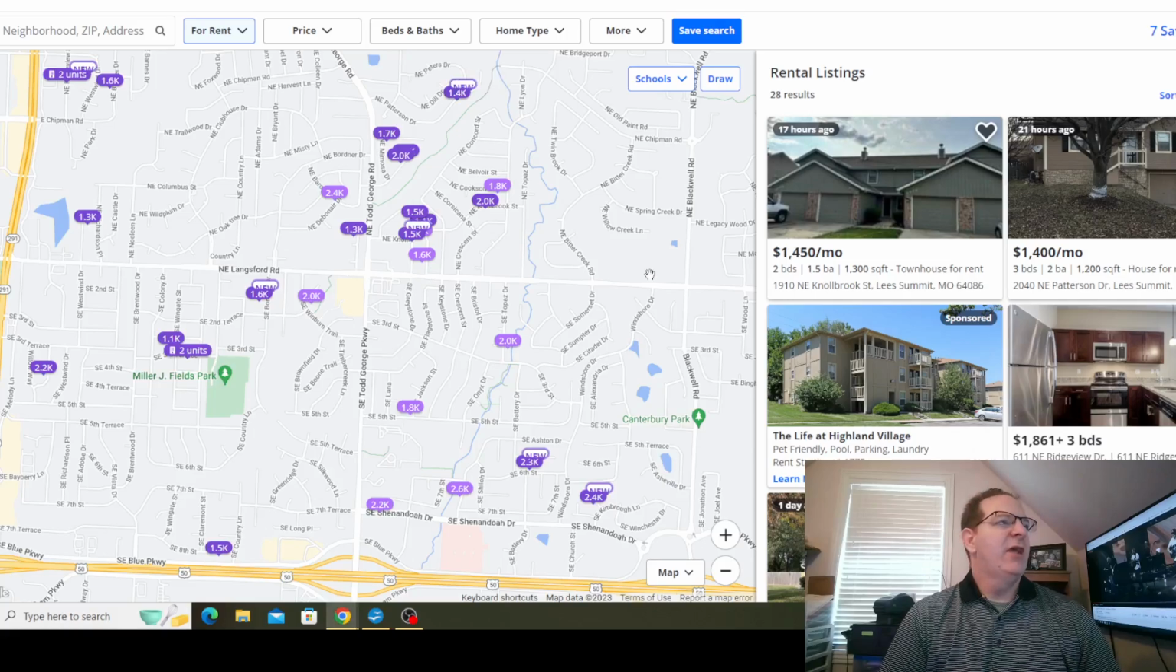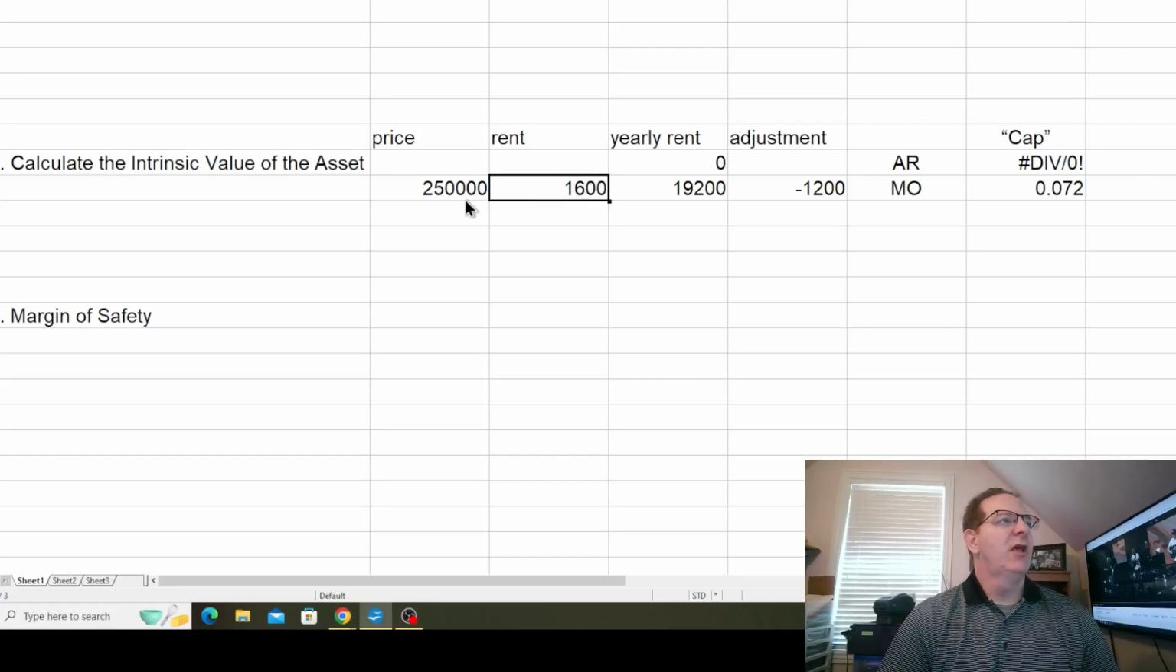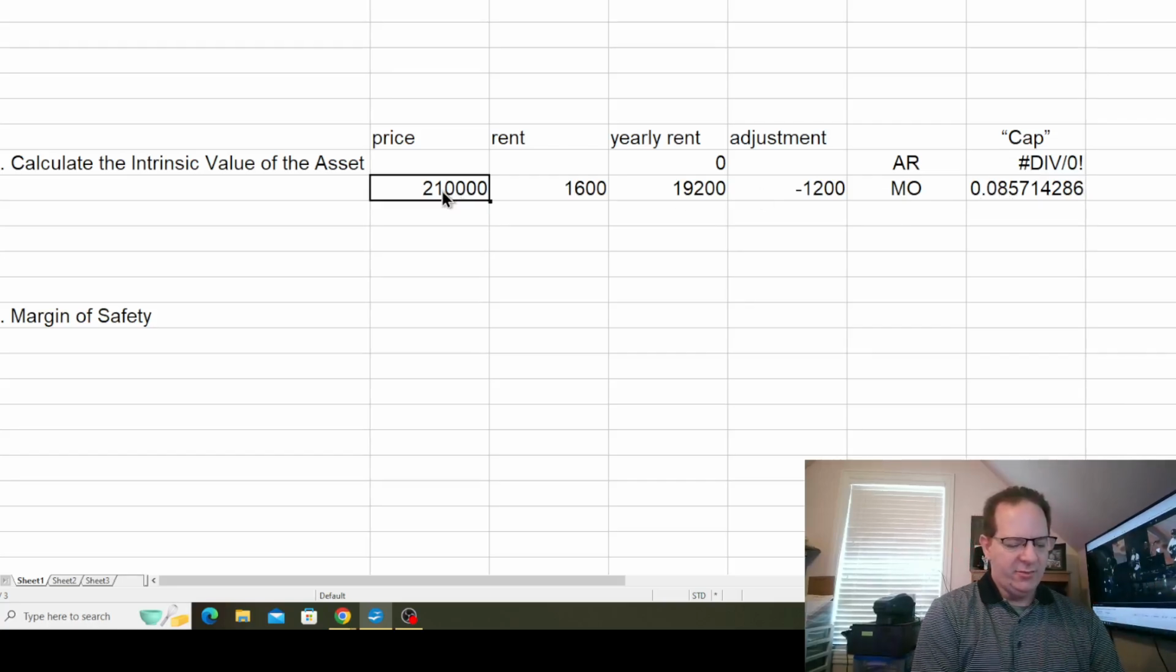So here's an area maybe that I look at houses in, and in order to figure out on the last sheet what the value is, I look at what the rents are for that area. And so if you look at this sheet here, I just rented a house for $1,600 a month. On that house I paid $210,000 for it, so that's an 8.5% cap rate, which is higher than the regular cap rate. So if you take that and you say, okay,